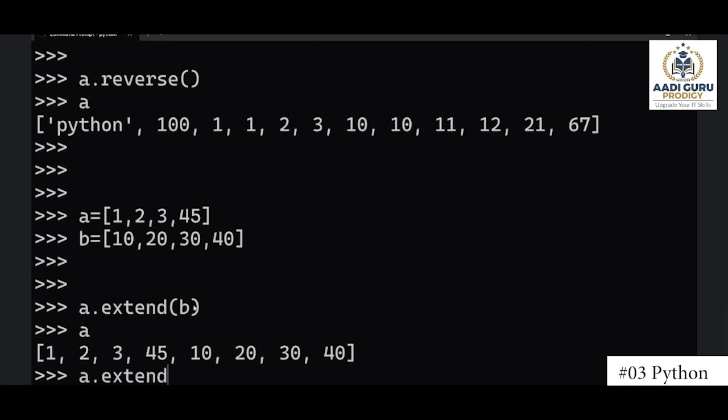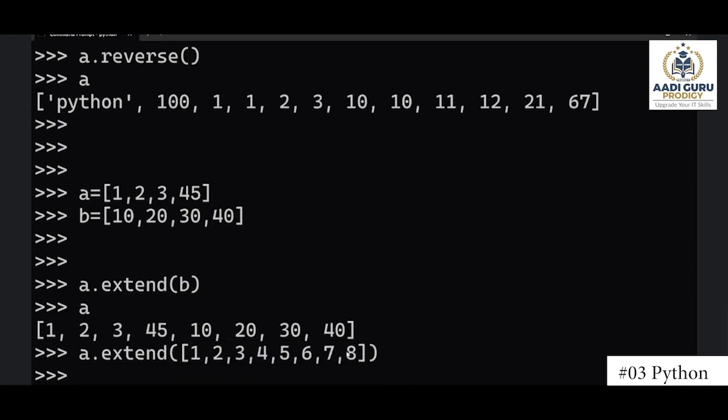I want to give one more list like this, 1, 2, 3, 4, 5, 6, 7. So A is a list. This list I am extending. I am increasing it with this list. Whatever items are there inside this list, it will add them to list A continuously, not like a different list. Now if you do a dot append,